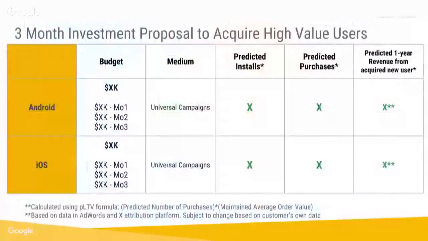And the great thing about this is once you have all of these inputs, it very smoothly feeds into a proposal to pitch to your customers. Again, assuming that we have a prediction on the average length of the customer's lifetime and the value of that customer over that lifetime, and assuming that UAC, our Universal App Campaigns, can sustain acquiring users at that value over a predetermined time frame, we can, to a degree, predict the number of installs, the number of purchases, the value per those purchases over a time frame, and let's say a quarterly proposal, and essentially map to a degree for clients, if we invest X, Y can be the potentially expected output.